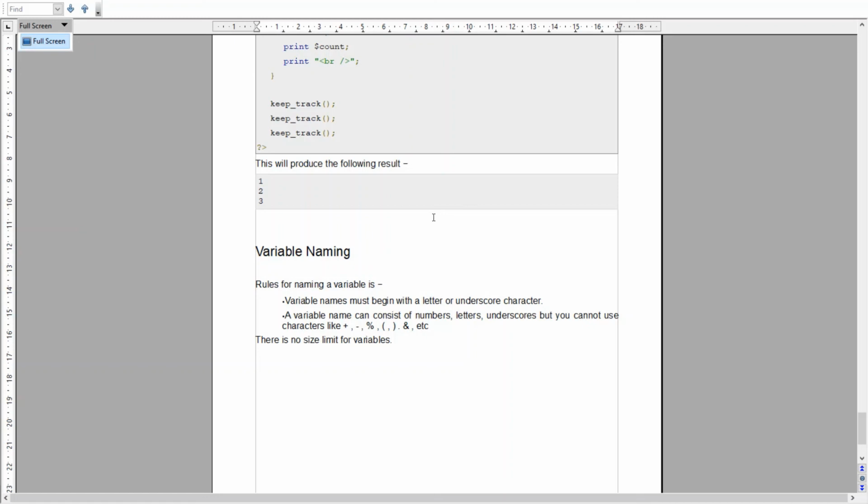So with this we have almost finished PHP variables: how to declare variables in PHP, how to name variables in PHP, what the scopes of variables in PHP are, and how many data types are available in PHP. In the next video we will do some examples consisting of all types of variable declaration and using them in our program.